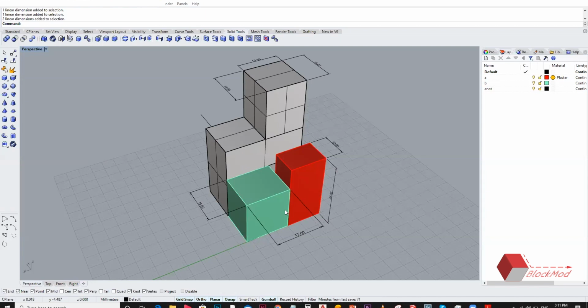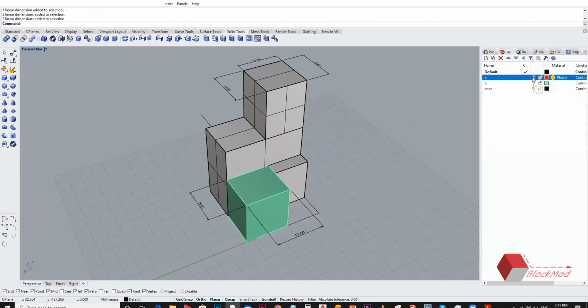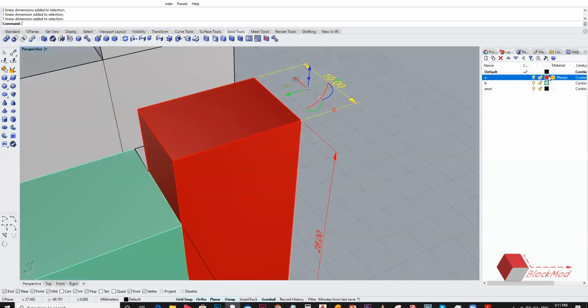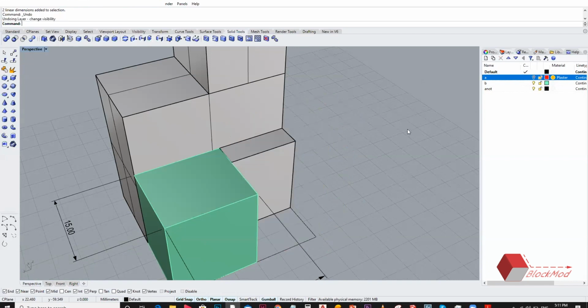The suggestion that Utkarsh made was to shift this to layer A, right? So I shifted it to layer A and now it becomes a part of A. What happened? It converted into red, because you assigned the color to that layer, not to the particular dimension. Whatever comes in that layer, annotations or anything, gets converted to red. You don't want that. You want your dimensions to be seen separately, right? So just do Control Z.